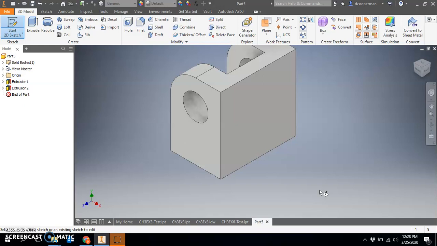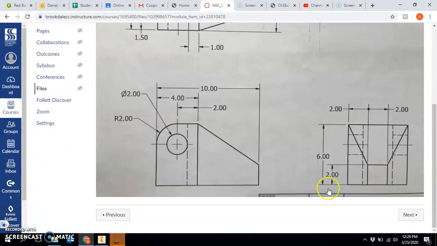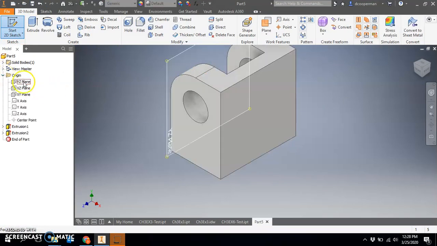So I'm going to show you first how to create a work plane that does not have the ability to click on the part. I want to draw this 2 by 2 piece over here. And again, I don't have the ability to choose that plane to draw on. I can't click here, I can't click here. We've done the origin. None of these are going to give me the ability to draw a 2 by 2 square out in space. So we have to create a new work plane. That's the first new thing we are going to learn. We are going to learn how to create a new work plane when one is not available to